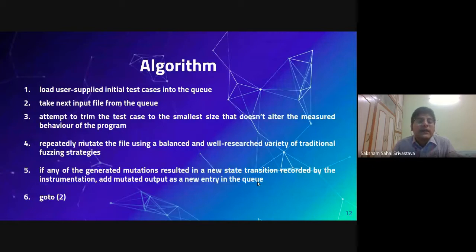So when we get a new test case which triggers some new location or some new branch of the program, then it is considered important, something new. Otherwise, if the same test case is triggering the same location or the same branch of the program, then it makes no sense. So only unique and special test cases are given as a new entry to the queue folder.